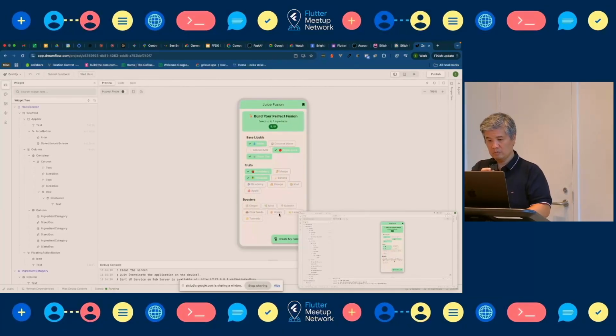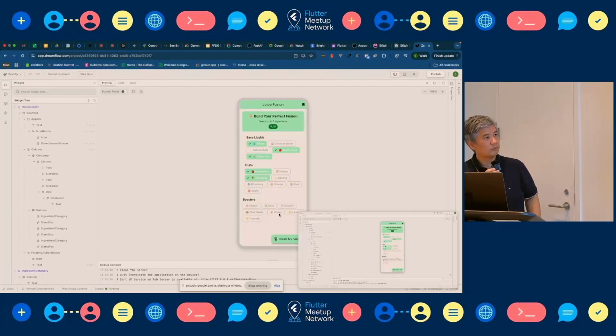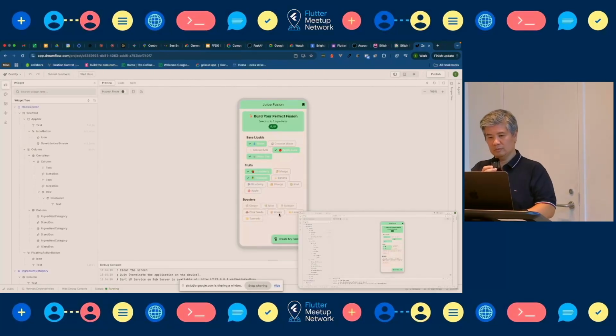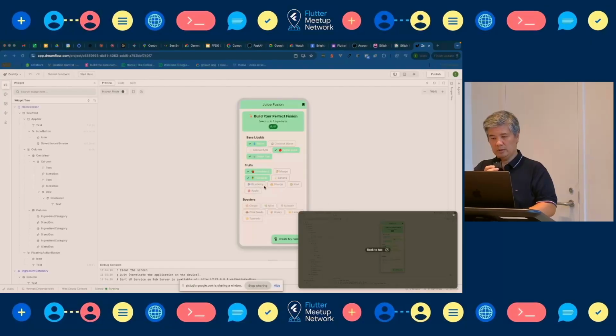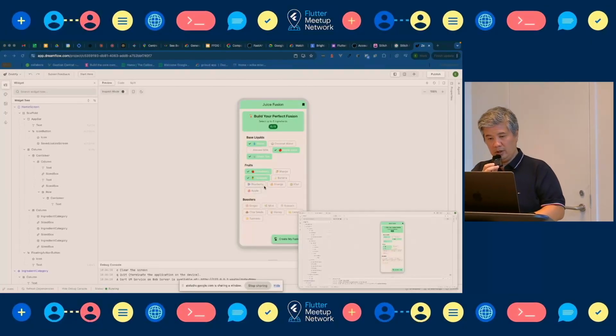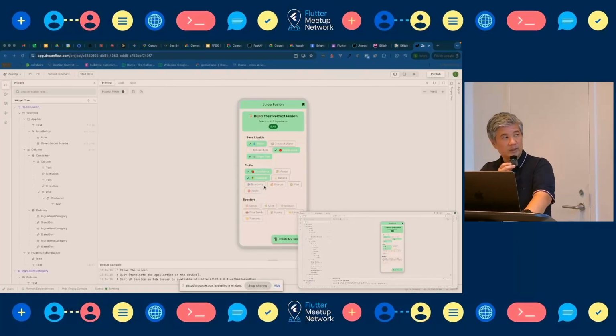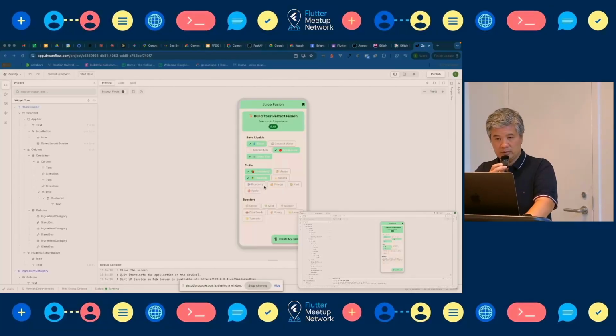The recipe card has a clean and simple design. I like how the ingredients are clearly listed with icons. What is the main function of this application? So it's Juice Fusion. It's an application where you can build any kind of smoothie following the ingredients that you have. You can select five of them, and after that, it's going to help you create your recipe, where you can rate and put a comment on it.